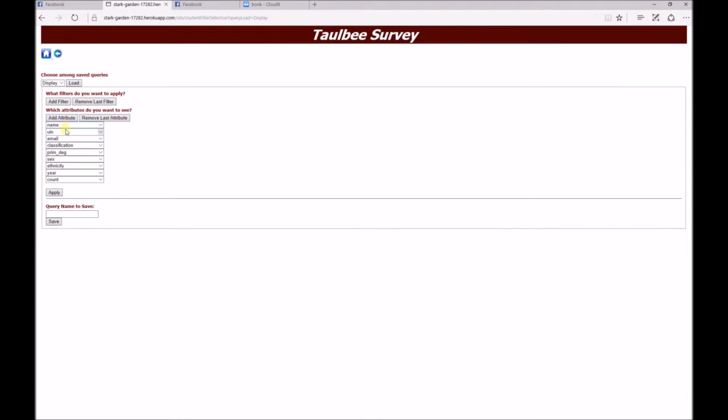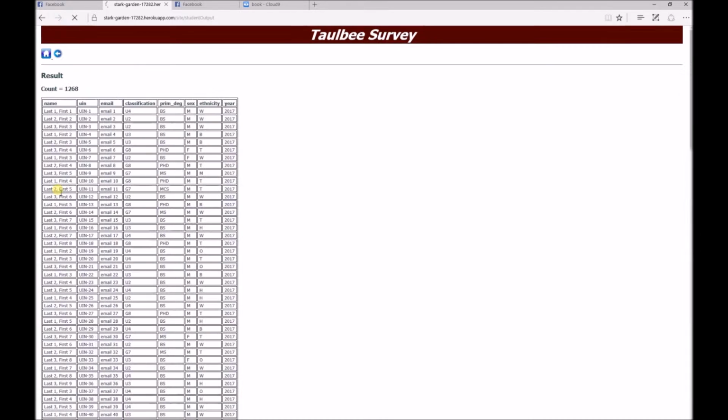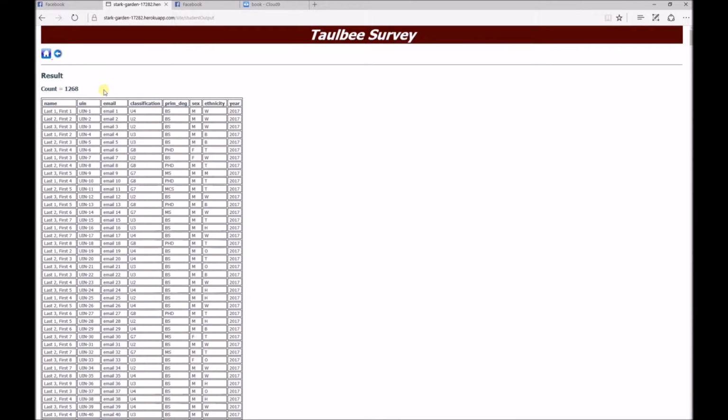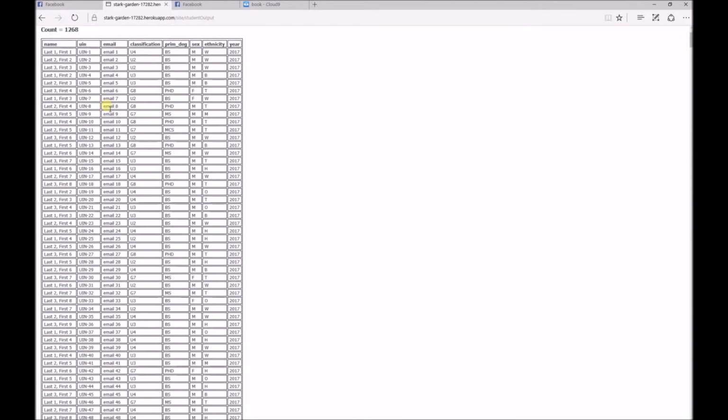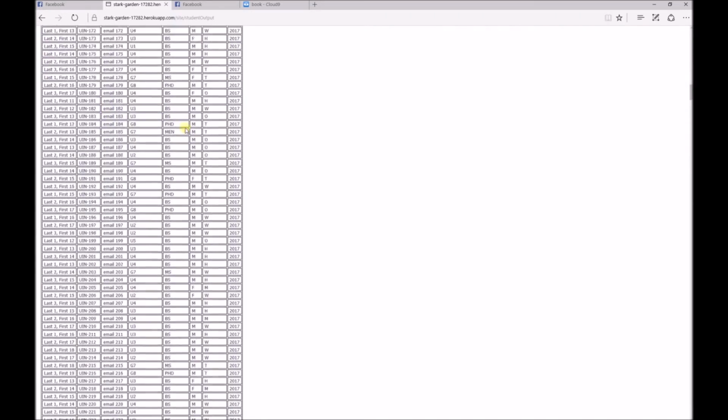Here, we'll load a query called Display. It has no filters, but it has several attributes which it will display. In this case, it will not filter any data out, and it will show all the records. Here you can see we have over 1,000 records that it displays. We scroll down the long list of results,